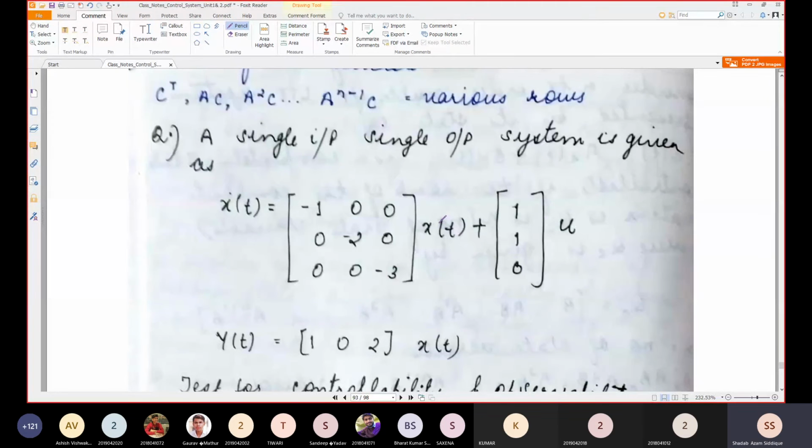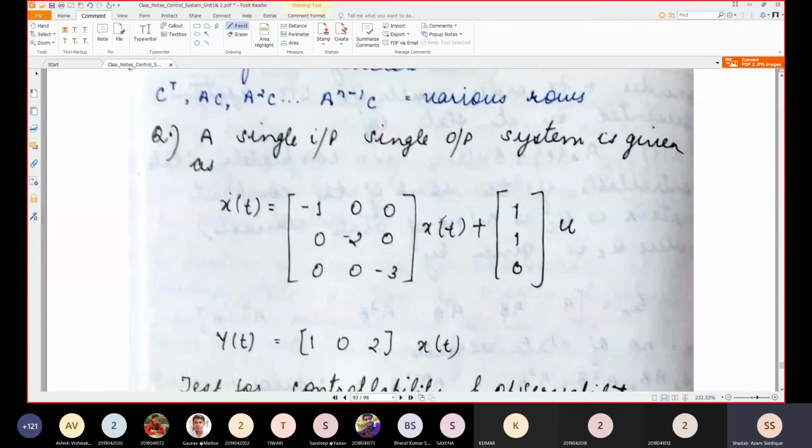See, controllability and observability are very important from the competitive examination point of view. Try to practice that type of problem. This is asked for 2 marks or 1 mark also. You can find many problems asked in GATE or ESE. Competitive examinations usually do not prefer it because it takes time, but in GATE you can find many problems on this. So you can practice. This is very simple.